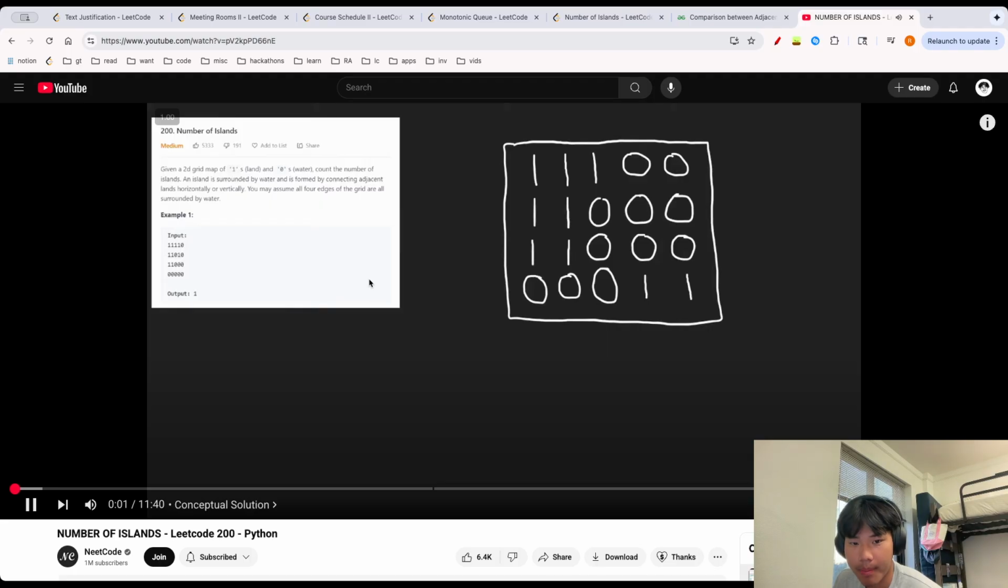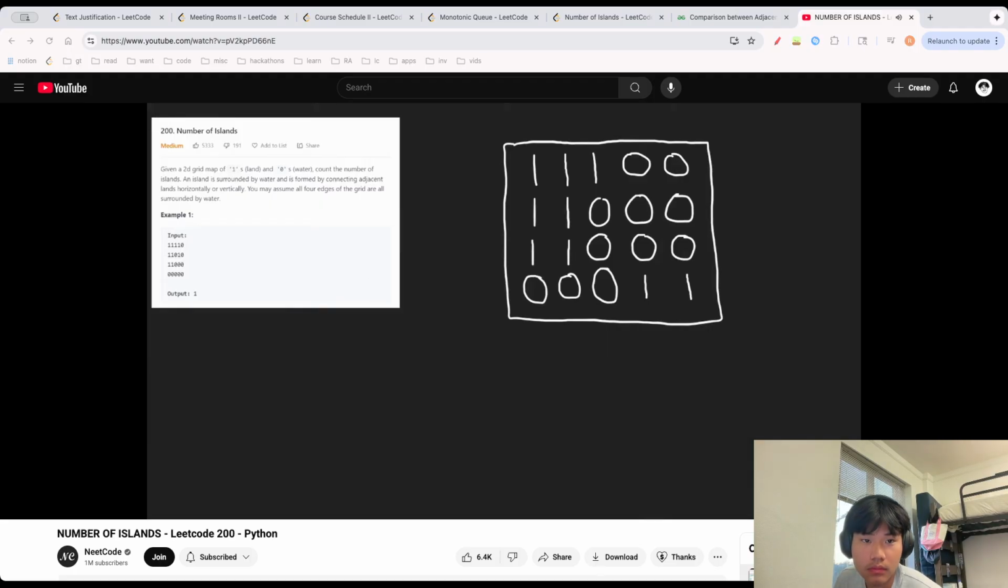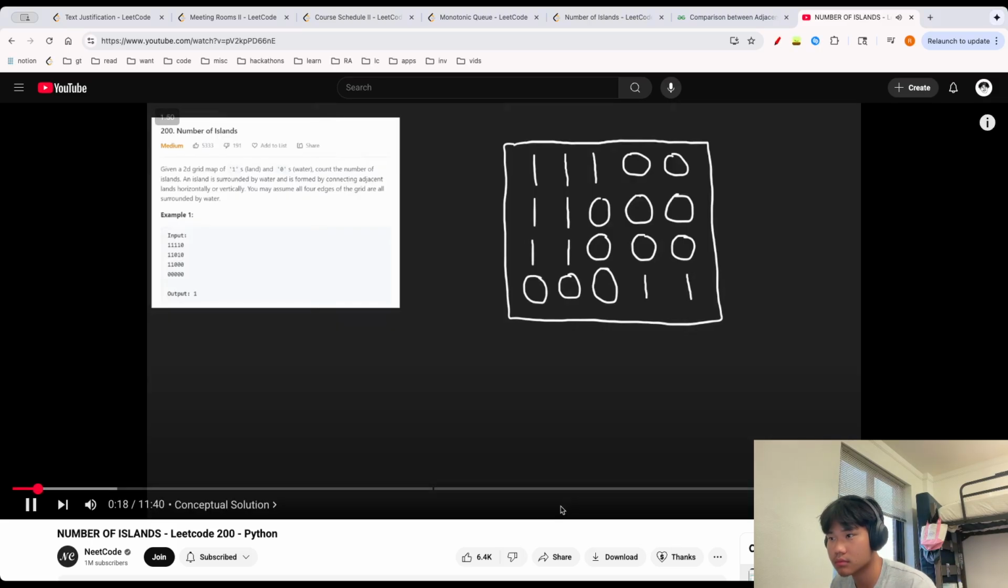LeetCode 200, number of islands. This is actually one of my favorite problems because I feel like a lot of graph problems build upon this one, and you can learn a lot from just this one problem. It's also a really popular interview question. A lot of big tech companies, including Google and Uber, ask it, so it's a good question, a common question